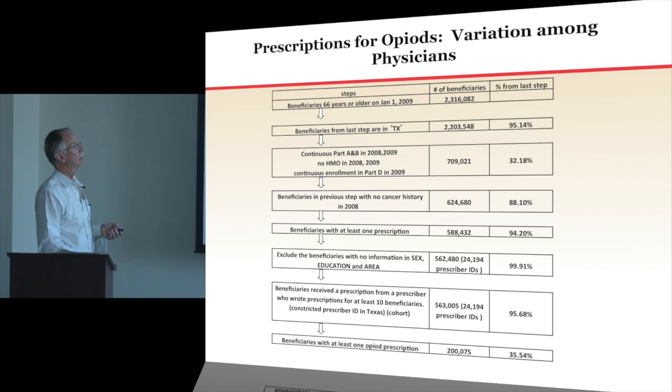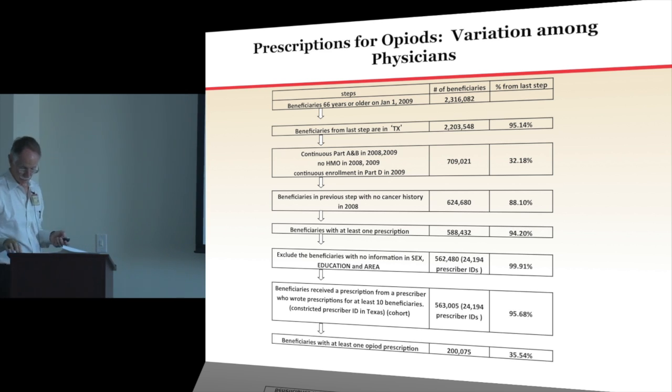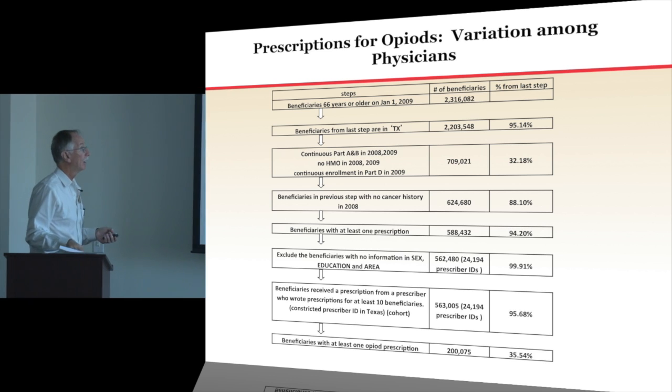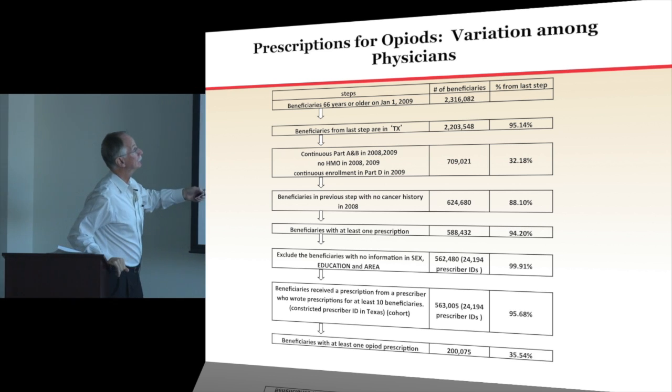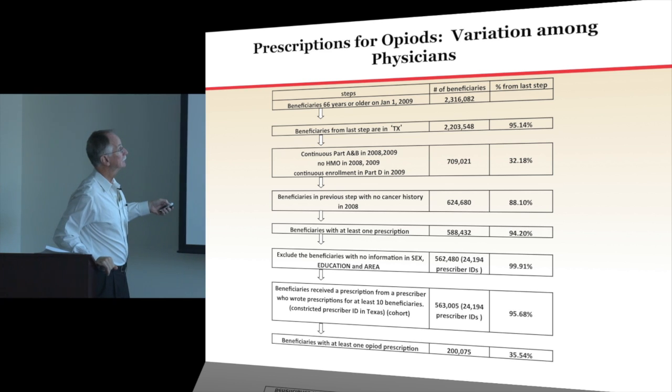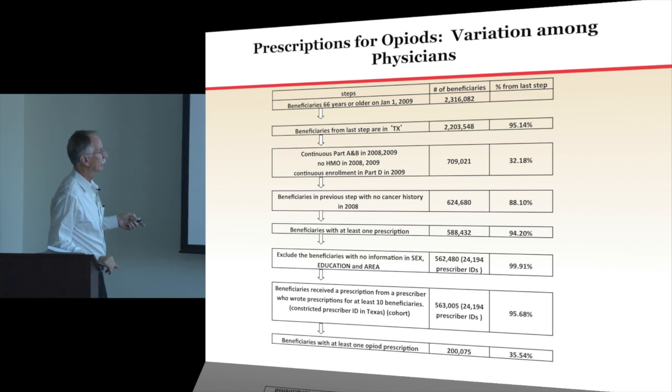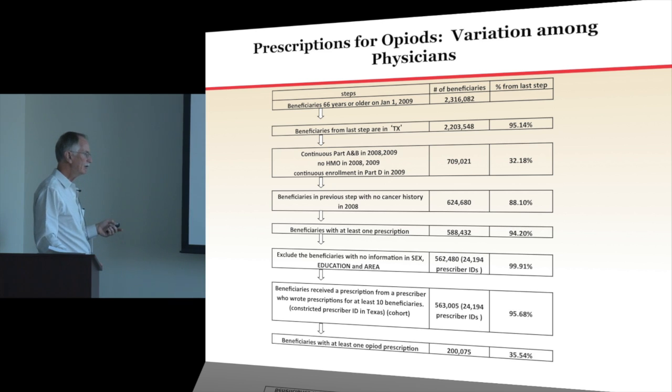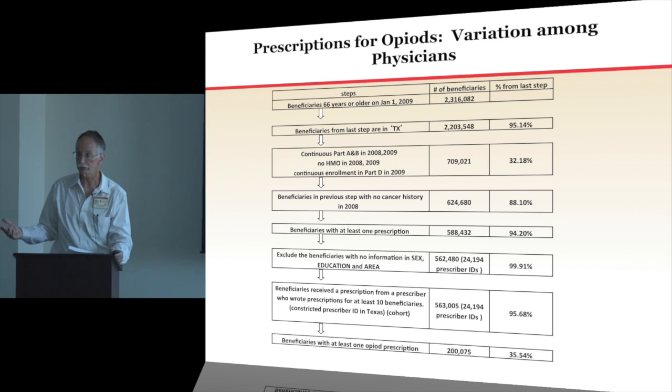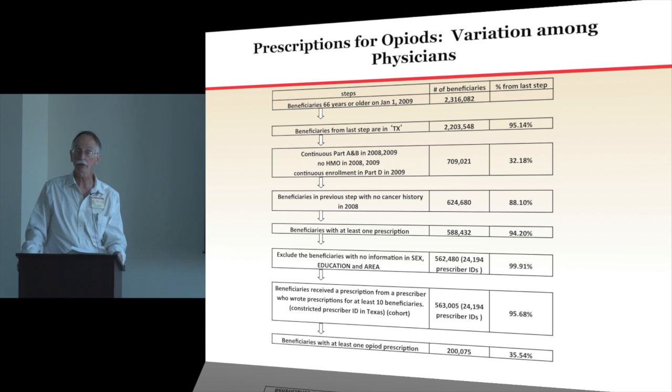But here's some of the preliminary data. They got a cohort. These are also people from Texas. What they did very early on is eliminate anyone with a cancer history. And then they're just looking at people who got an opioid prescription. That includes Vicodin and Tylenol number 3 and the serious stuff. Now the reason this is important is that